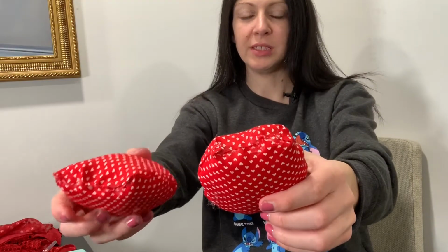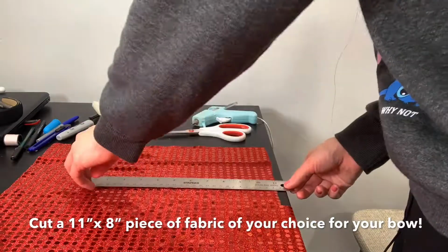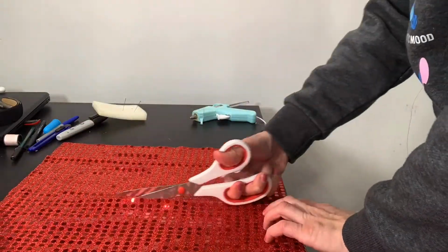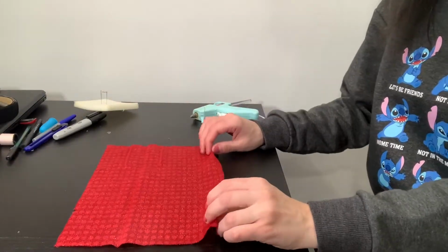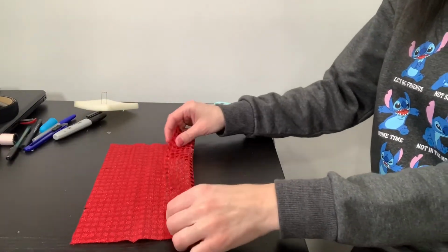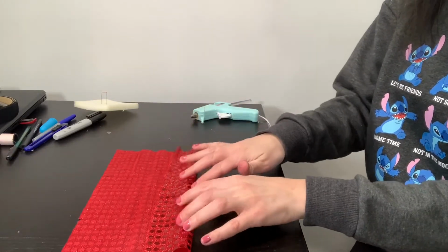Okay, so now that we have these glued together, they don't look perfect, but once they're on, they should be a little bit better. So now I'm gonna attempt to make a bow. I'm not the best at making bows, but it's a process that you learn from as you go. So now that we have our 11 by 8 piece of fabric here, this is based on what I learned. I'm not really the best person for bows,